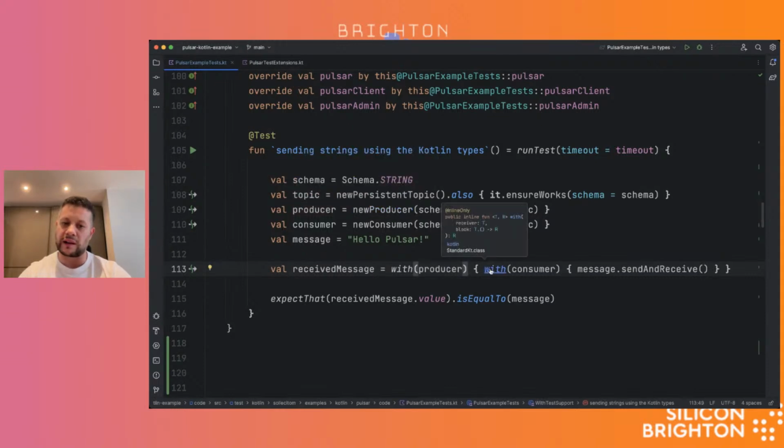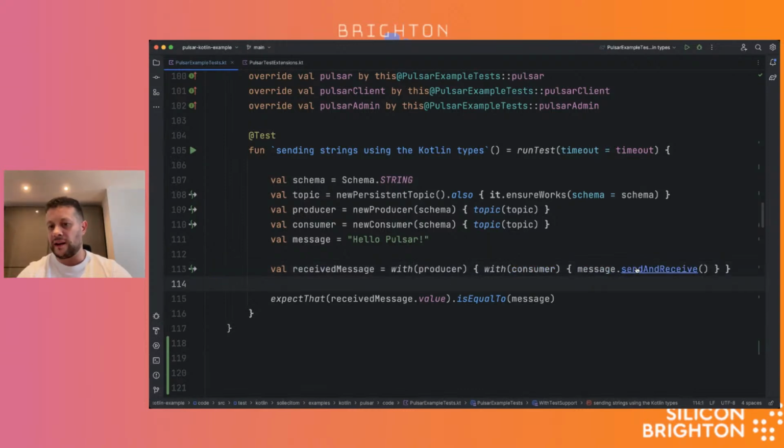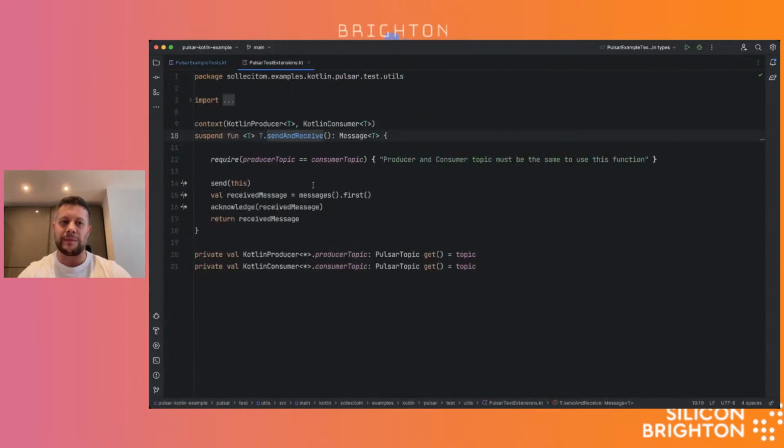And then within that closure, I'm saying, hey, with consumer, which also adds the Kotlin consumer as a context receiver. And now message dot is the type, basically, this is the actual context receiver for the extension function.